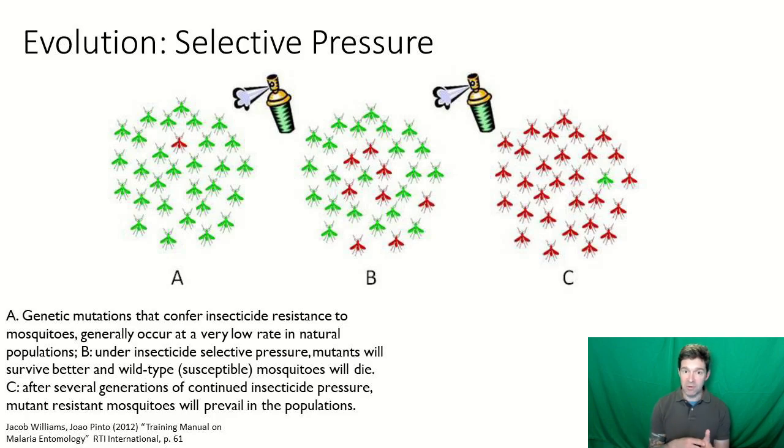If I have a mutation that arises and that red bug is now resistant to the pesticide, it's going to survive, where the green bugs who are not resistant are going to do more poorly. Well, if it survives well and ignores the pesticide, it has a chance to get more food, make more babies, and we see more red bugs now in the population. If that selective pressure continues, it's only going to allow more red bugs to be successful in this environment, and hence we see a shift in the genotype of the population, the gene pool of the population. That is, by definition, evolution.